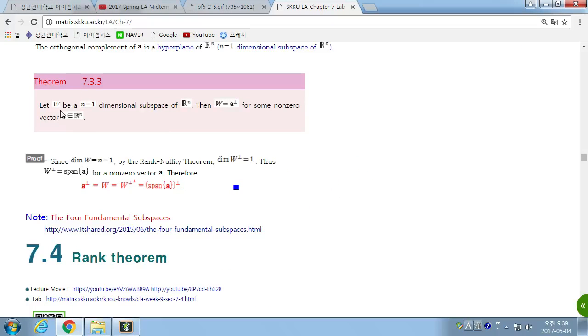Okay. So W is n minus dimension. And the next theorem also is a converse of it. If W is a n minus 1 dimensional subspace of Rn, then W can be written as A perp for some non-zero vector A. 그러니까 여러분들이 n 공간 안에 n-1차원 부분 공간이 존재한다면, 있다면 언제나 n-1차원이면 굉장히 큰 거 아니야. 그거를 하나의 벡터의 퍼브로 쓸 수 있다는 소리야. 하나의 논제로 벡터의 퍼브로 쓸 수 있다는 소리야.